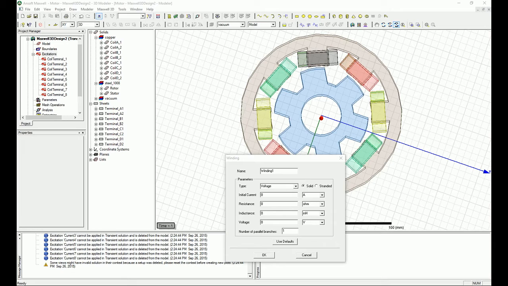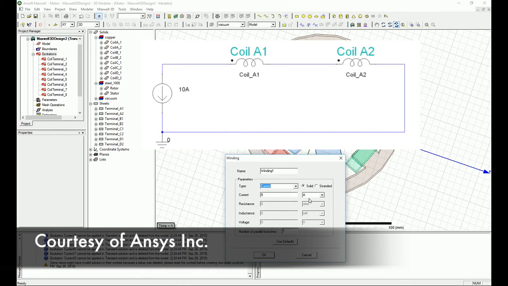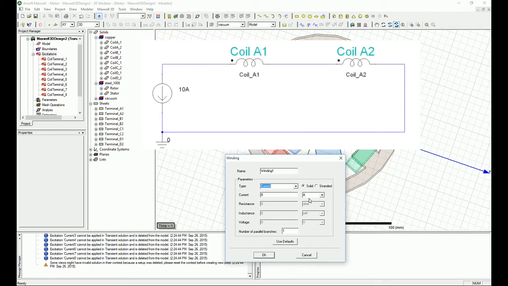The number of branches here, you put 1 because you already said we have 150 turns for my coil. So then you don't need to do that. Let me just show you the current excitation. In the current excitation, you have the model like this. And as I said, for the coil A, which we have coil A1 and coil A2, you just put them in series and you don't have anything else to actually manipulate. So you just put the number of current that you want to put and that's it, done. Okay, so this is basically the two different excitations that we have, and we do have an external excitation, which